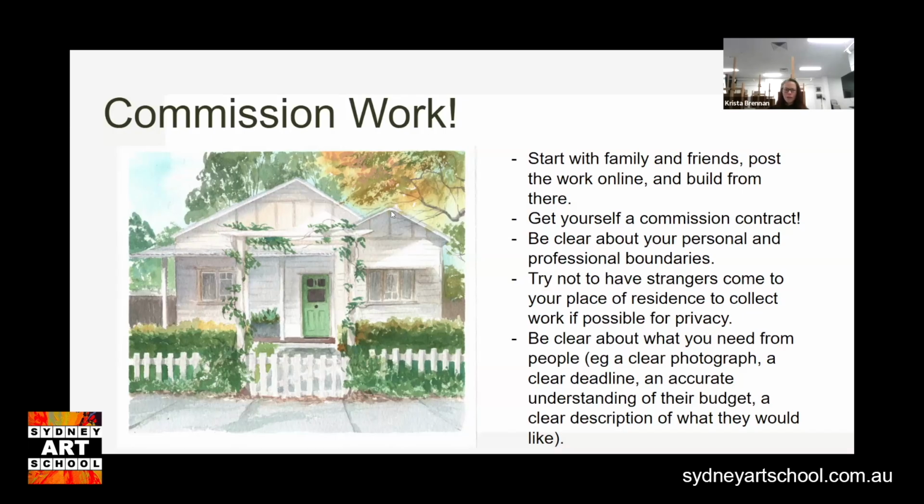But this one wouldn't necessarily have it, but having in the contract saying, if the person wants changes, what is an acceptable kind of change? Like if they suddenly turn around and say, you know what, I don't want it as a picture of my house, I want a picture of a teddy bear that I had when I was a kid, that's quite a substantial change. So that sort of change I will put in a contract and say, now there's going to be an additional fee because you've substantially changed the requirements of the commission.